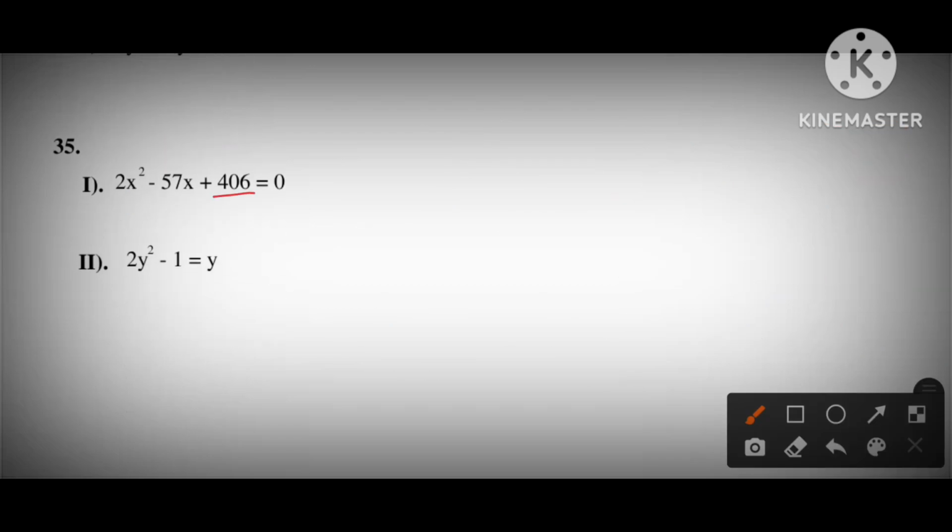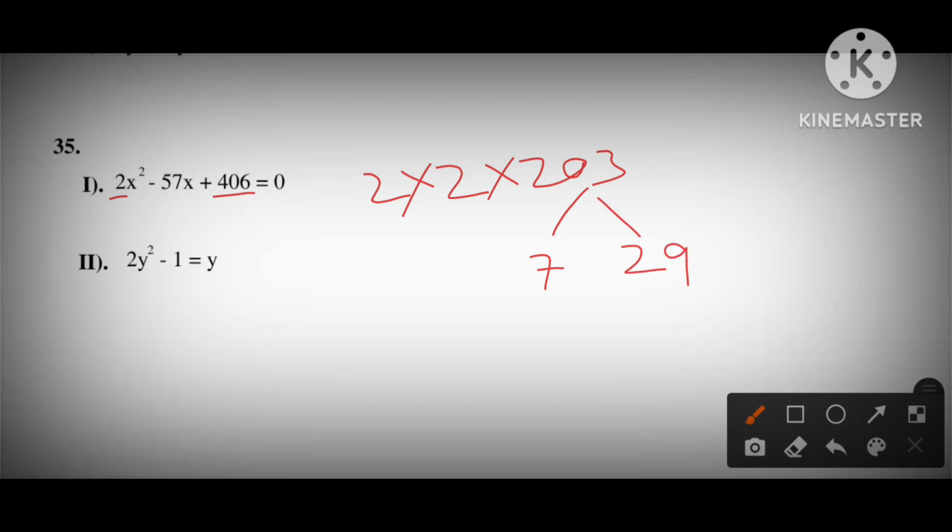Here we see 406 into 2, so 2 here, 406, 2 here, and 203. I don't see particular factors for 203, so it must be a factor of 7. 7 2 times, which will be 14, and 63 means 9 times, so it is 729 times. Here we have 4 into 7, which will be 28, so the roots we got is 29 and 28. Sum of these two we get 57. Minus and plus means both the roots are in positive.